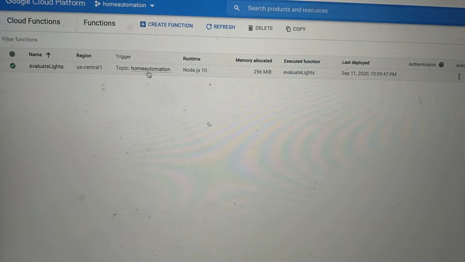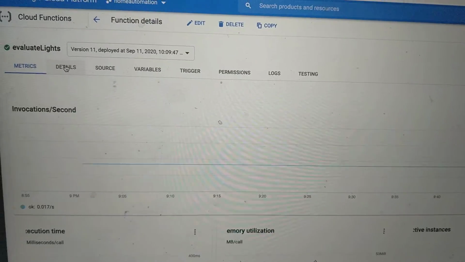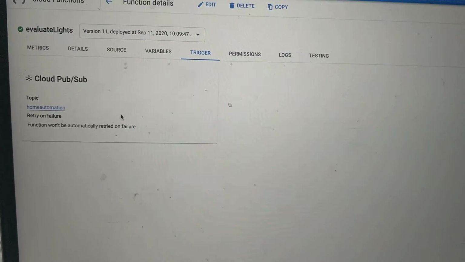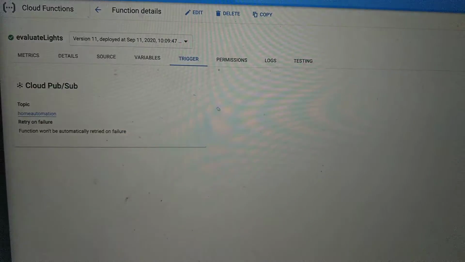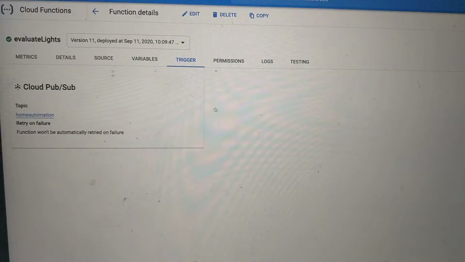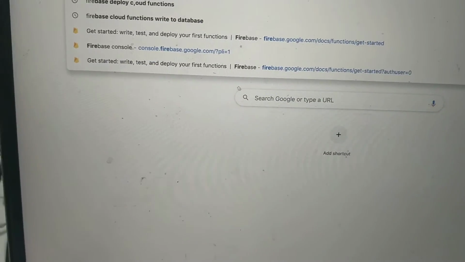If you can see here, this is my cloud function. I have my trigger here, which is a cloud PubSub, and it is subscribed to this. And this cloud function is going to update my Firebase console. So let me go and check my Firebase.